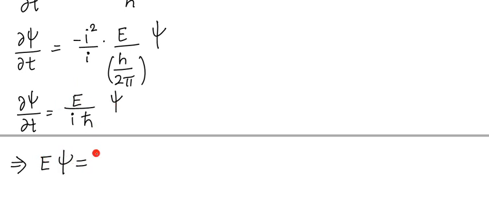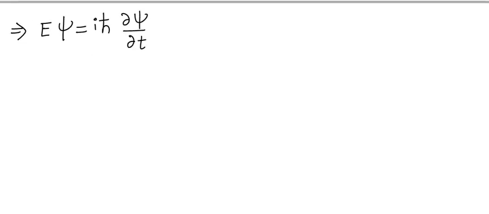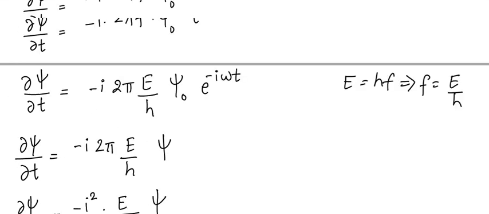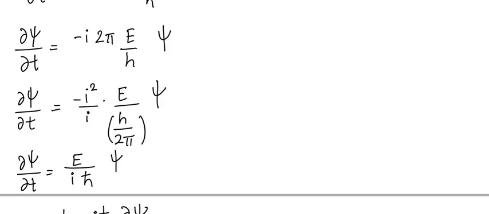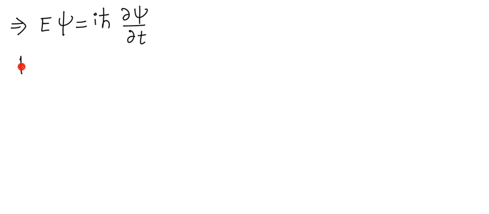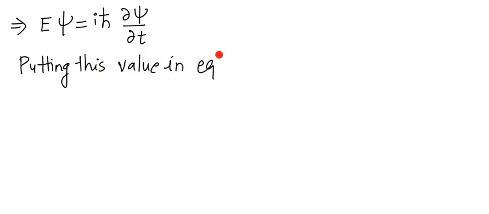The value of E psi will be i h cut del psi by del t. E psi is equal to i h cut del psi by del t. Okay, now put this value in equation number 1, in this equation. Putting this value in equation 1,